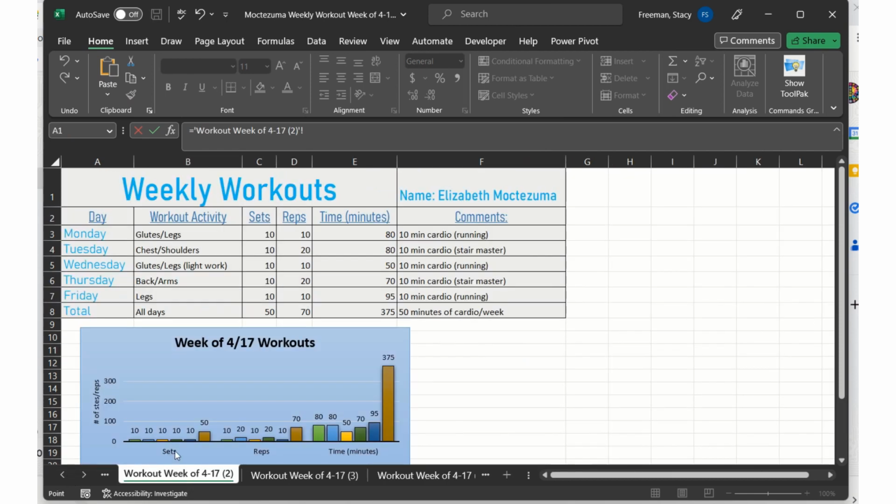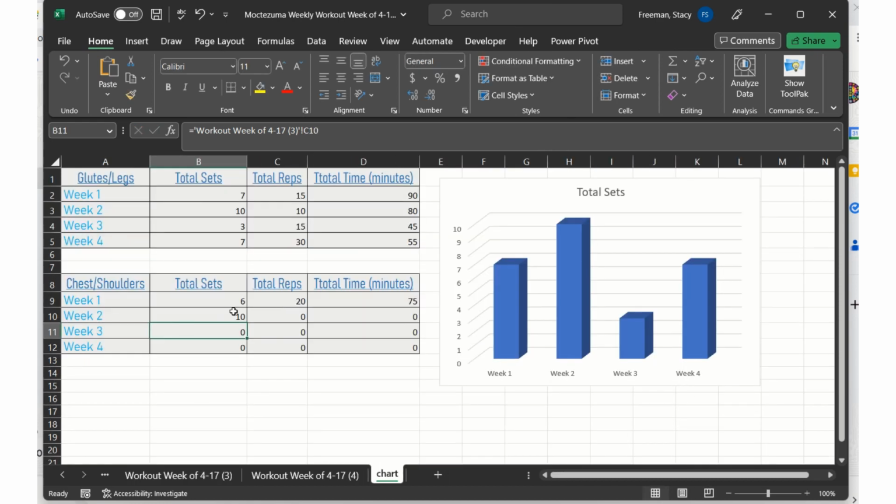Okay, let's do it the long way. C4, enter. There we go. Copy it across. This one will be easier to copy down because I already had the parentheses and the number here. I just that. So hopefully you could see that's just the worksheet number, right? And